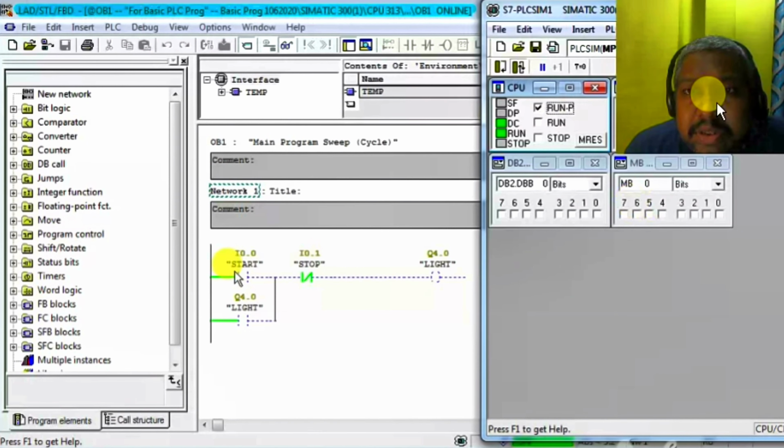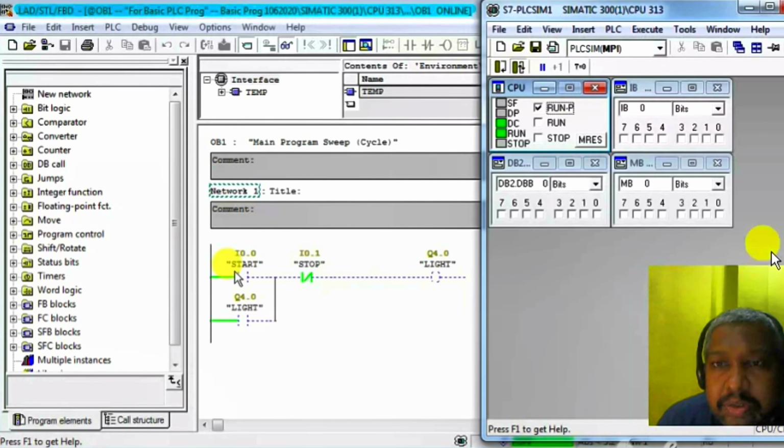For this, where to use it, actually go to, okay, this is IB0, byte 0, bits 0 1 2 3 4 5 6 7. That means 0.0, 0.1 to 0.7. These are addresses. This is IB, input byte, that means 8 bits.